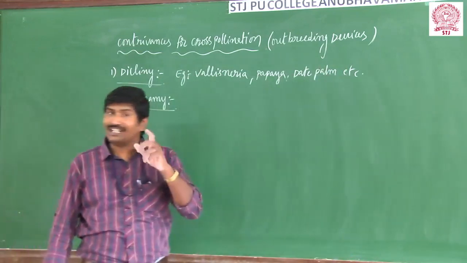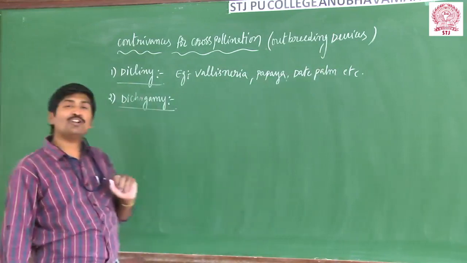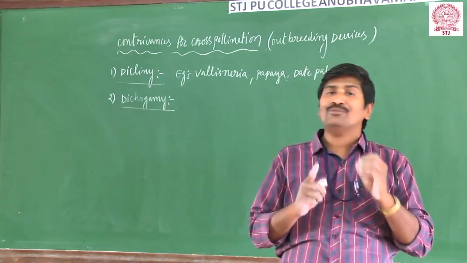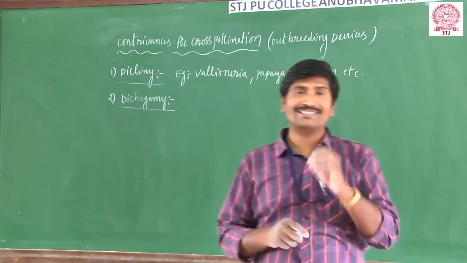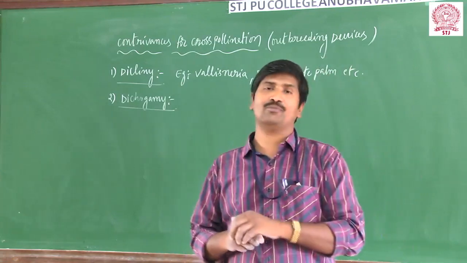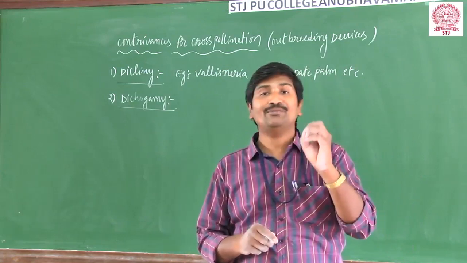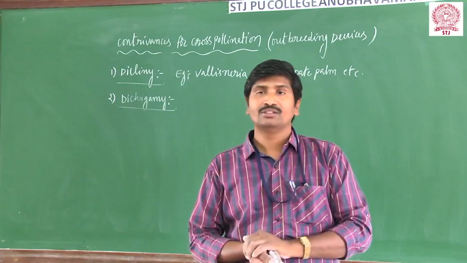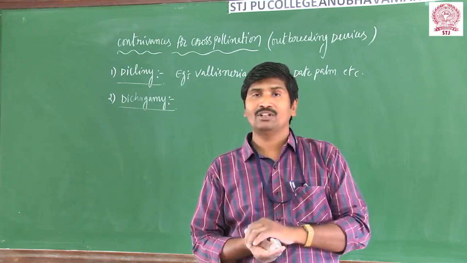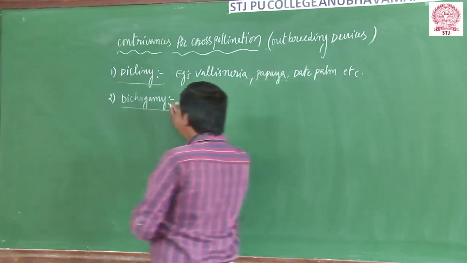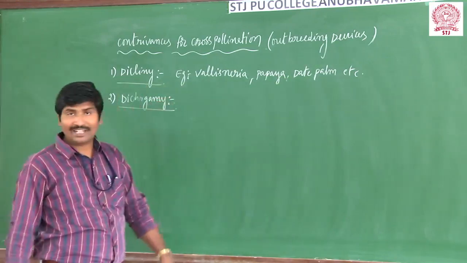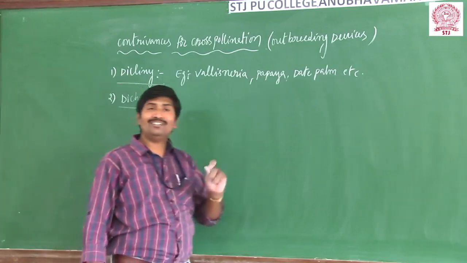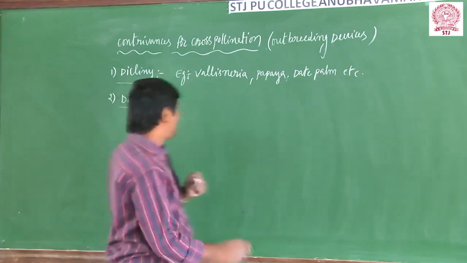What is the name of the device? That is known as dichogamy. What is meant by dichogamy? The male and female sex organs, that is androecium and gynoecium, are mature at different stages or different timings. That condition is known as dichogamy in bisexual flowers. Again, dichogamy is of two types. One is